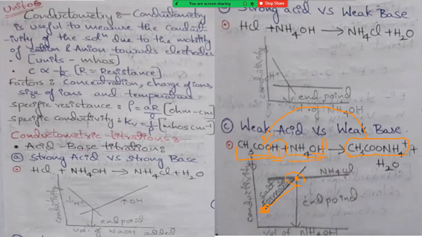Now we are still adding NH4OH, which gives a plateau. Why? As we already discussed, NH4OH is a weak base. It has very little capability to release more OH- ions. It is not a strong base, it is a weak base. So we cannot see any further increase in conductivity. We see only the plateau of the graph, right? So after the end point we get only a plateau, because we are using NH4OH, a weak base, as the titrant solution.